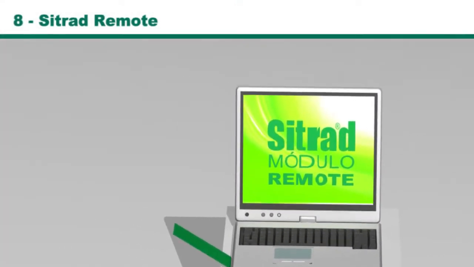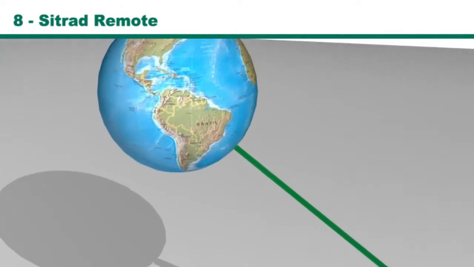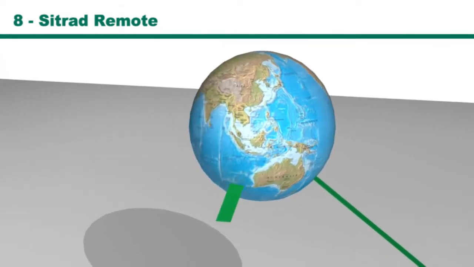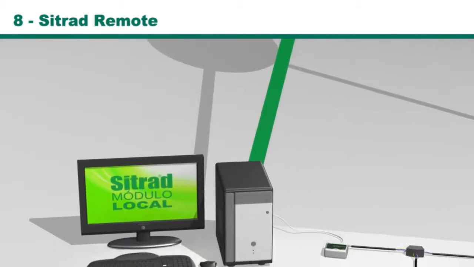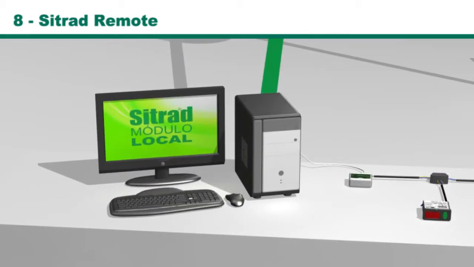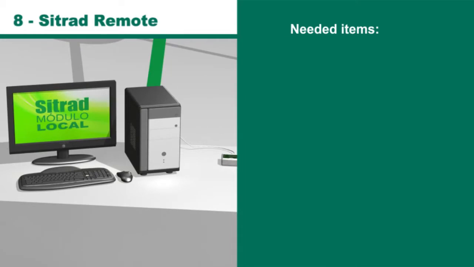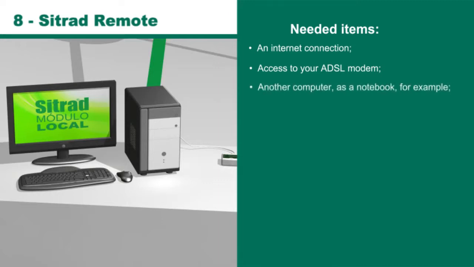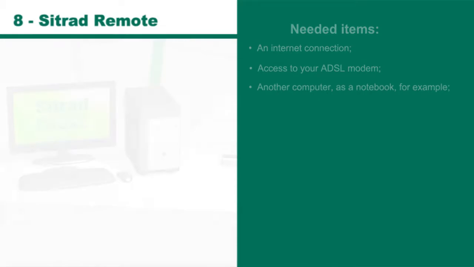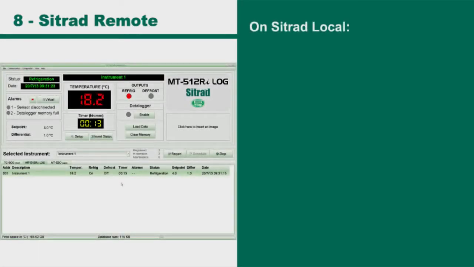8. Sitrad Remote. This remote is installed on the computers that will access the local module via Internet, so it can remotely manage the Sitrad local information, and can be installed at home, on your PC, or in any other computer you want to have remote access to your installation. For this installation, we need an Internet connection, access to your ADSL modem, and another computer such as a notebook, for example. Remote Access Manager. The Remote Access Manager is responsible for connecting the Sitrad local to the Internet and other